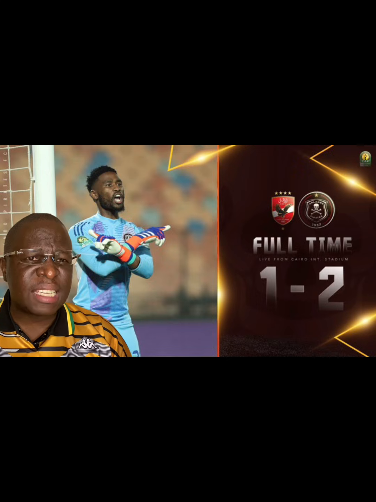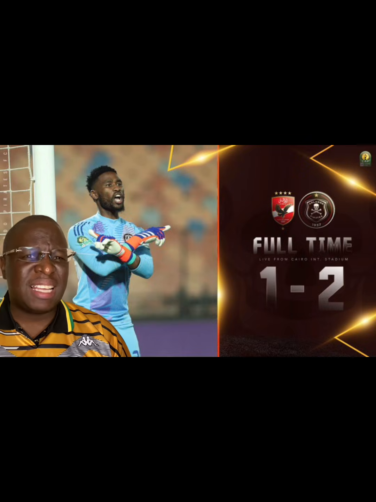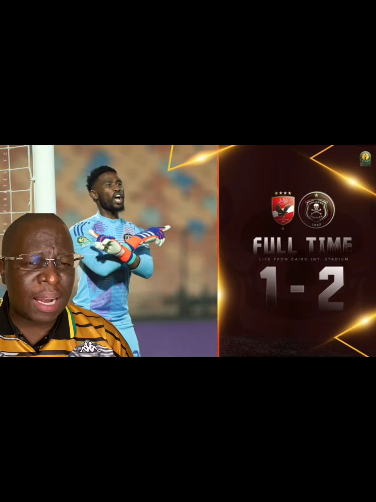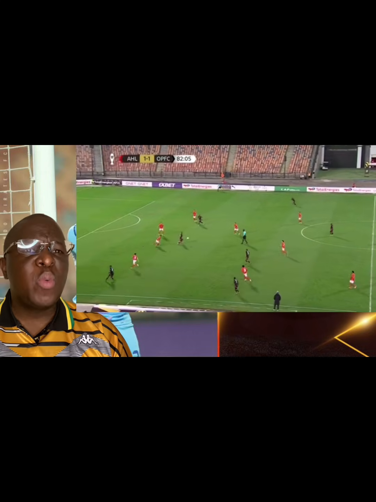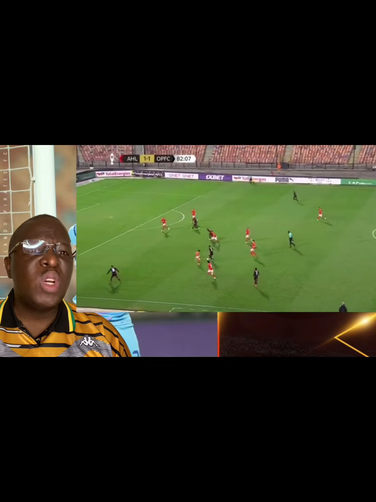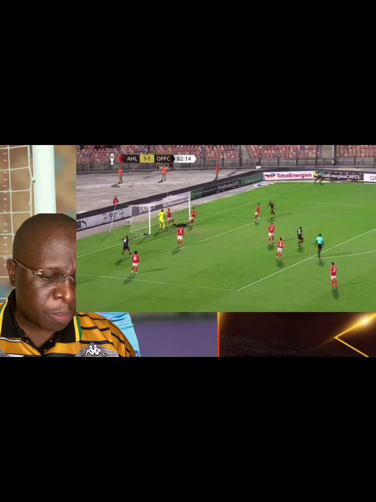I felt at that time we looked a little bit lively. We were buzzing. I think Rasebocha in that cameo run played brilliantly. There was that combination play. We gained momentum. And we defended with the ball, which is Orlando Pirates' strength, being able to play with the ball. And for me, I was very, very impressed by that.